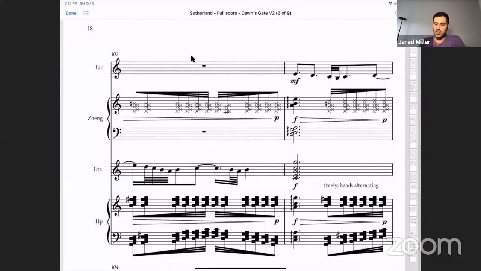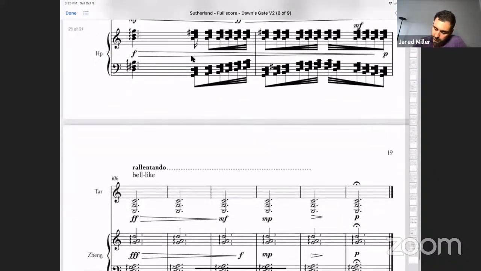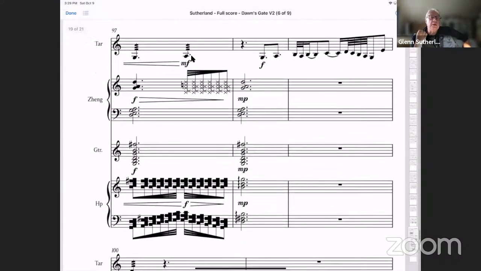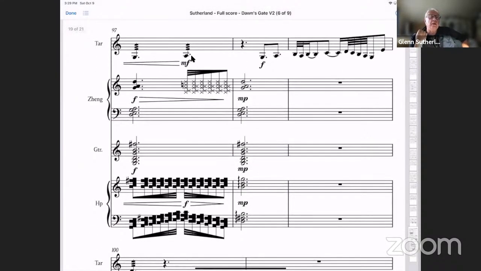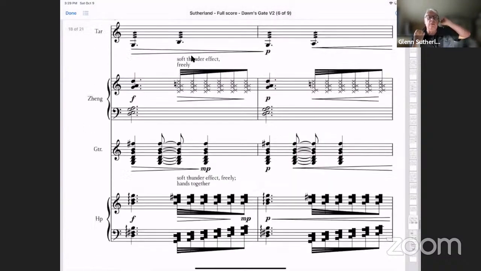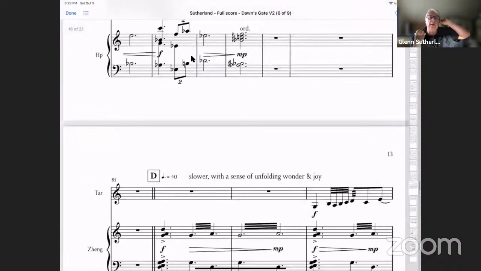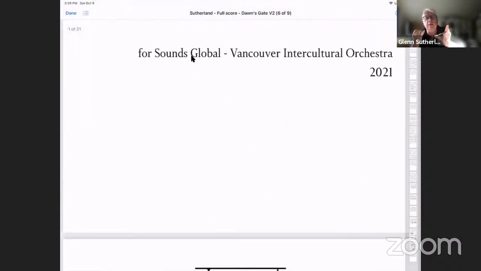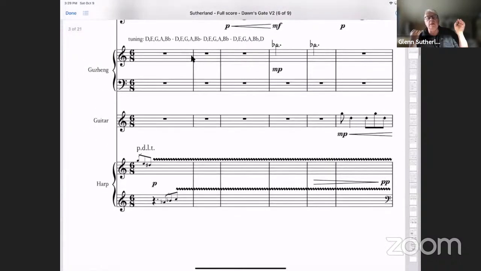I'm trying to think here. Well, it's interesting, this section we're looking at now is almost how the piece started. And then the beginning part, where there's just, was the second thing that I wrote. And what comes in between was